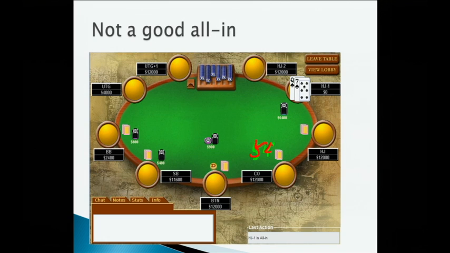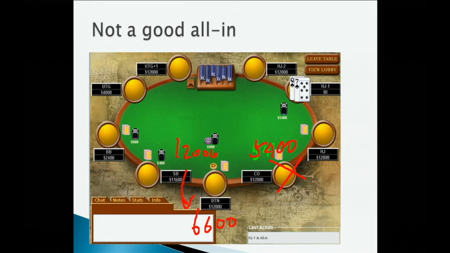This guy calls for 5,400. And then let's say this guy goes all in for 12,000. And then this guy folds, which he shouldn't be doing because he definitely has odds to call, but let's say he does fold. Then the situation is great because of how the rules work: now this guy is going to get back